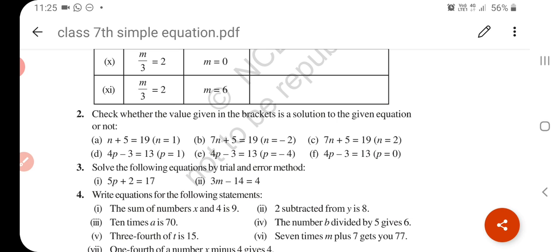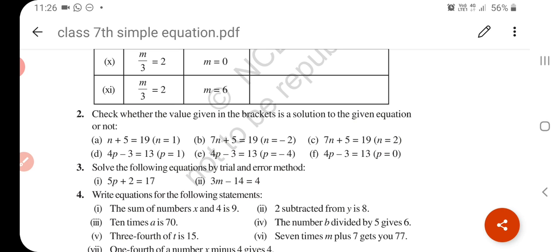Okay, so the first rule is, if the same number or term is added on both sides of the equation, the equation remains the same. If you want to solve the equation with systematic method, then the first rule is, if the same number or term is added to both sides of the equation, it remains same. If you add the same number on both sides, okay, then the equation remains the same. It means whatever you are doing, if you are adding, then you have to add on both sides; if you are subtracting, then subtract on both sides. Understand? Okay, if you are multiplying, then you have to multiply on both sides; if you are dividing, then you have to divide on both sides. Understand?